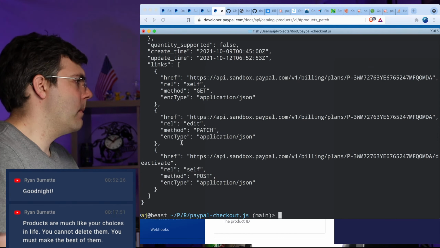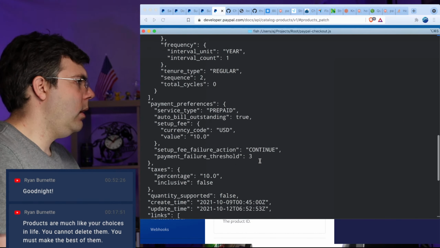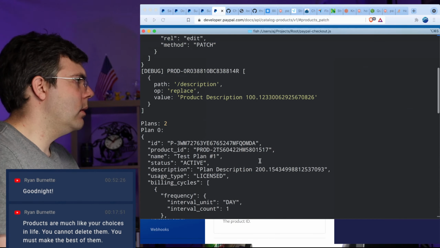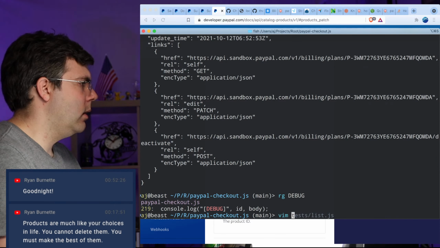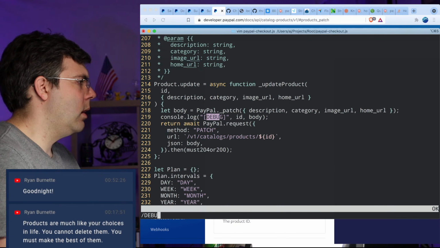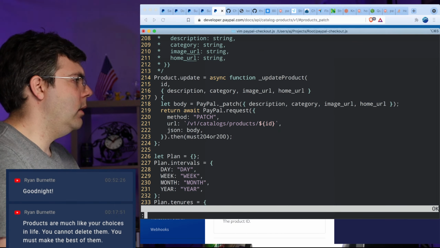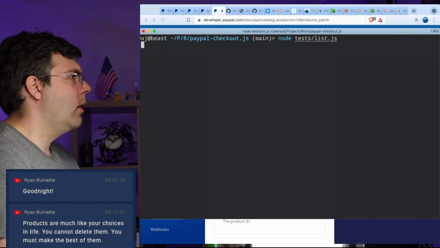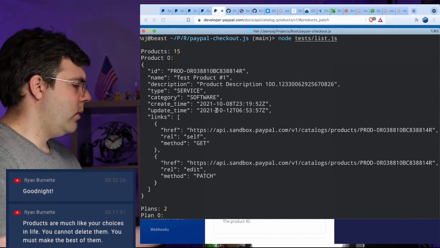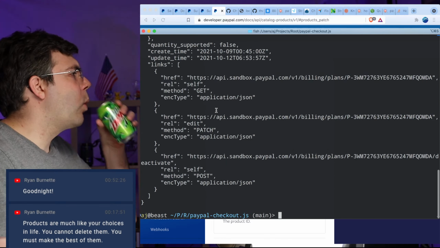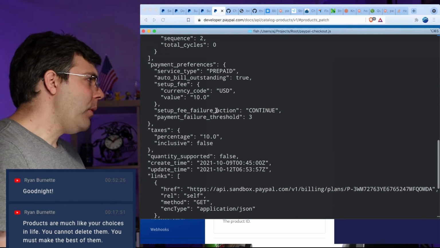Okay. So 1, 2, 3, 3 versus. Oh, let's get rid of these debugs. I don't need any debugging for these here. Okay. So we've got the updates in place. We've got the list in place. There are no deletes.